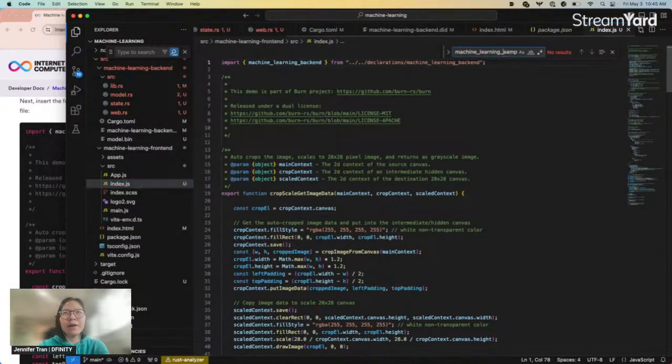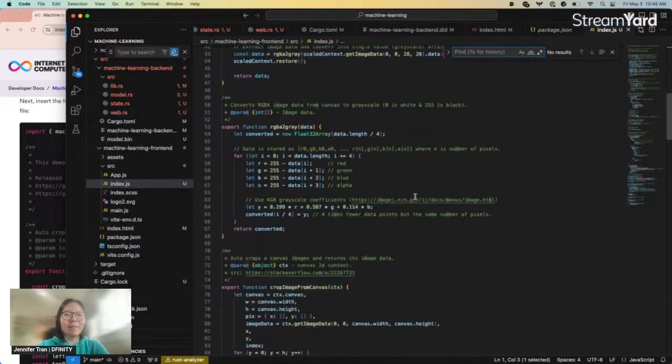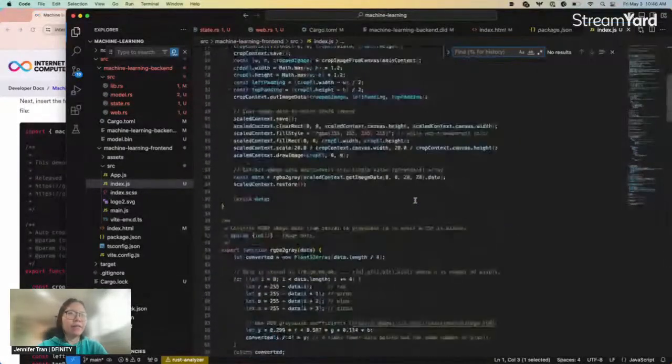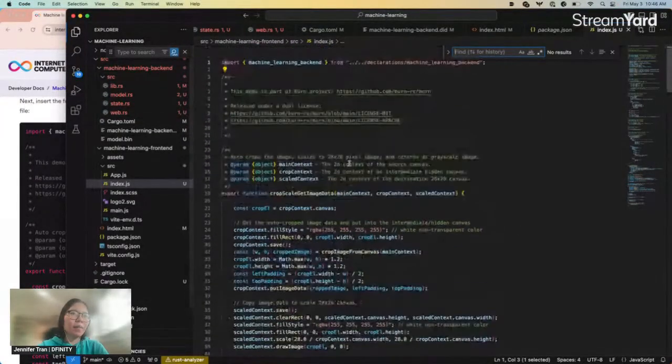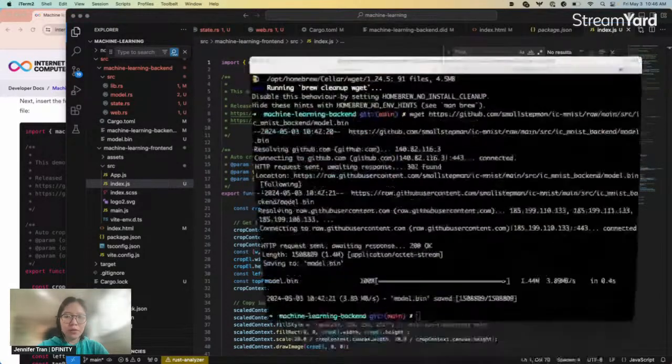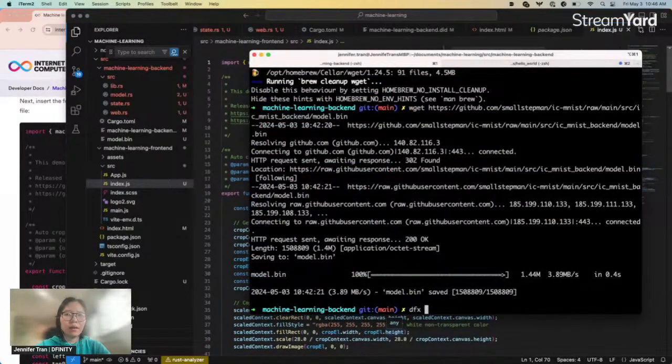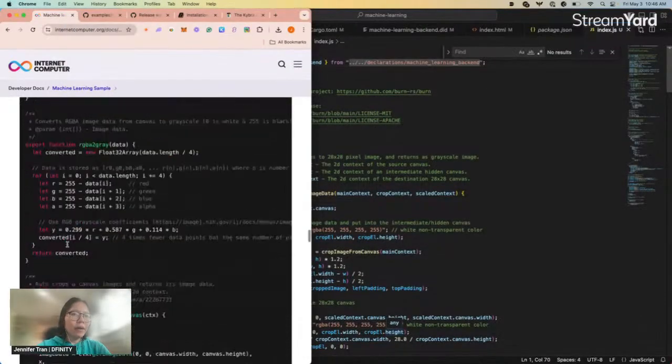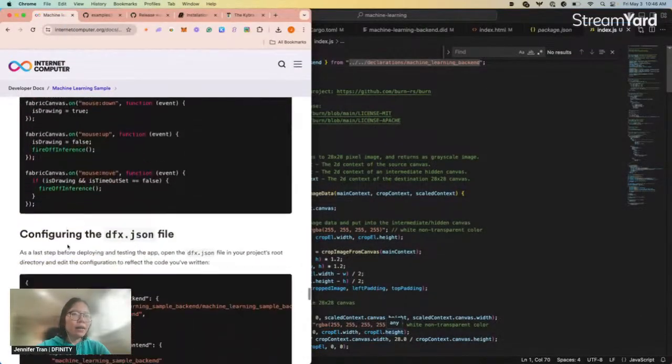So anywhere they might have said machine_learning_sample, I'll just remove that and replace it with what I have here. I'm using machine learning backend, so I probably should do that instead.